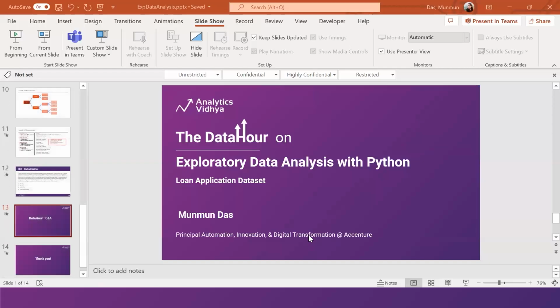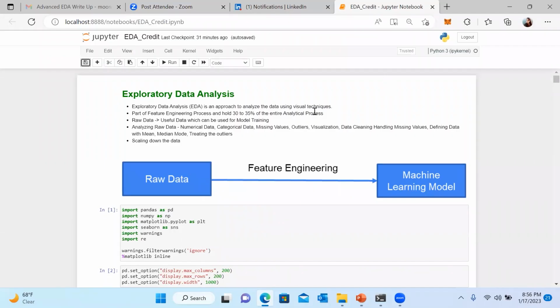Let me open my notebook. Okay, so today there are two datasets basically. One is a new application, the credit loan application, and another one is a previous application dataset. So I will be analyzing both the datasets. I will be going very quickly, and this is already some EDA done before, so I'm just explaining everything